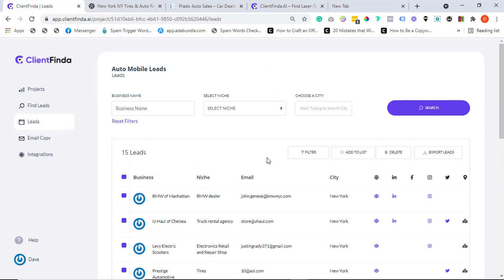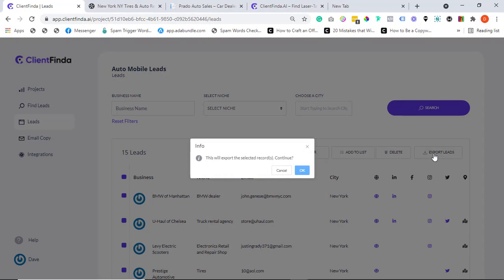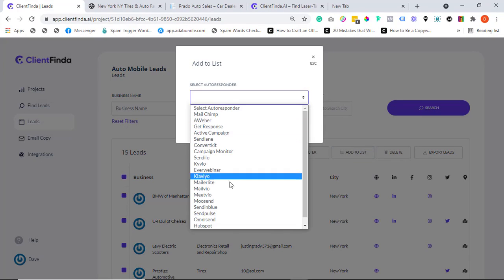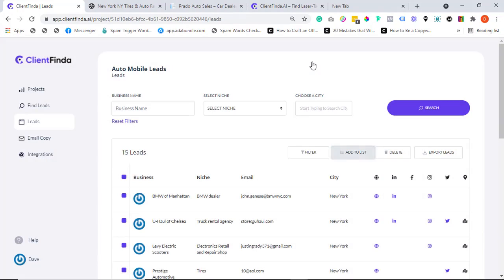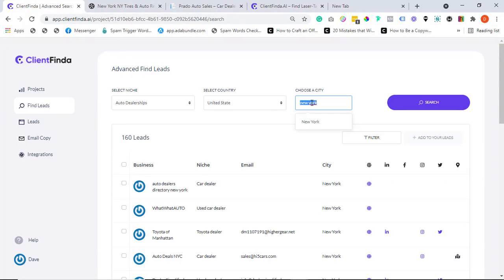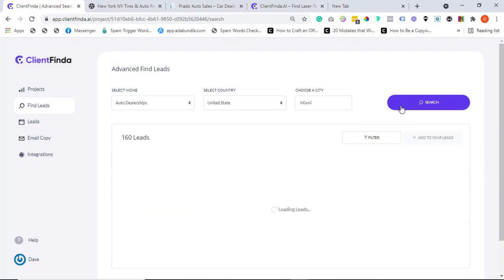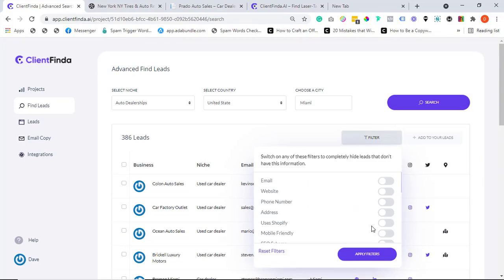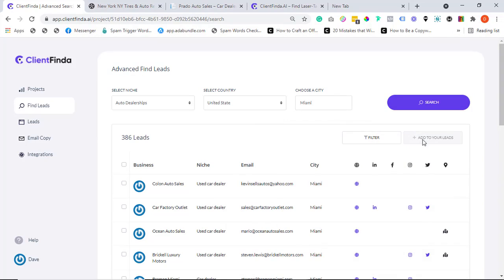So after filtering and thinning down your search results, you can decide to export them into a CSV file, or better still, add them to your autoresponder account in only a few clicks. And yes, we have all the major autoresponder service providers integrated right inside the ClientFinda app. Nothing beats this, really. Over here, you have the option of running an advanced lead search within the same project. Maybe you decide to target a different niche or a different location. You can decide to go laser-targeted again using the filter option and then add only the qualified leads to your